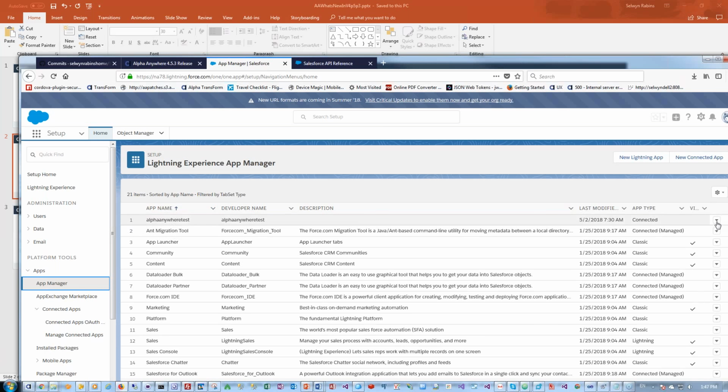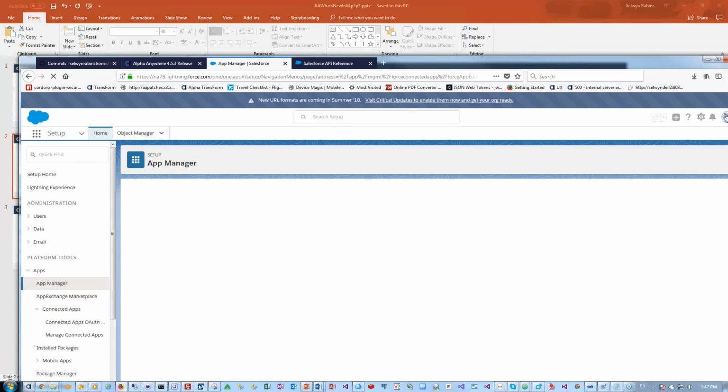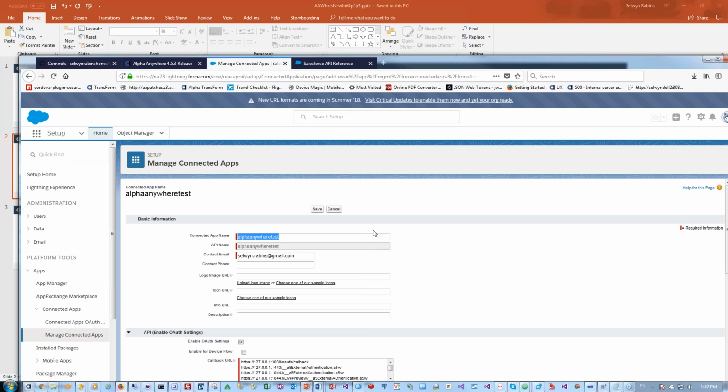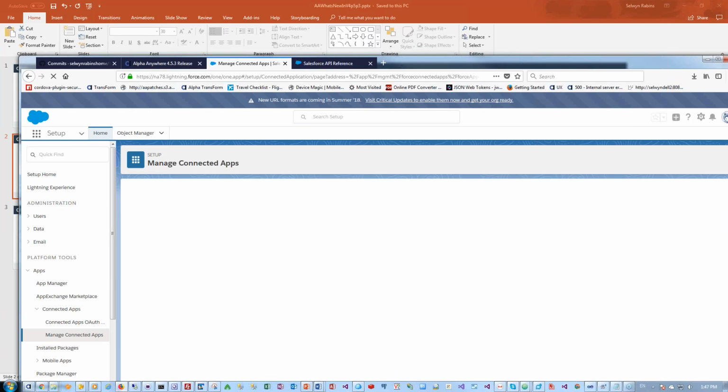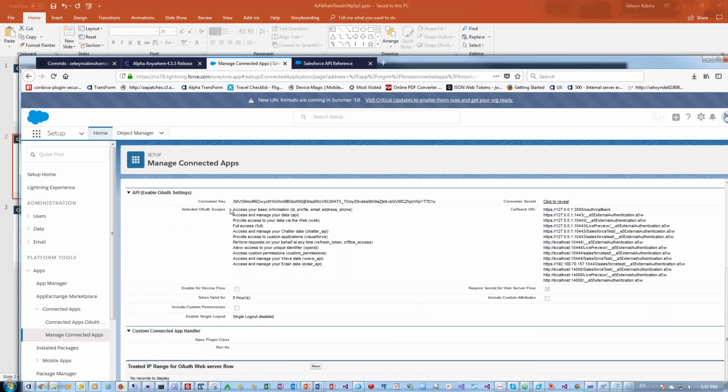And if we go ahead now and we edit this connected application definition, you can see now that what we have is from Salesforce, we get what's called the consumer key, and then there's also the consumer secret. These are like the sort of credentials for my Salesforce account. And then we also can define a bunch of callback URLs. And these are the URLs that Salesforce will use to call back into your Alpha application after you have completed